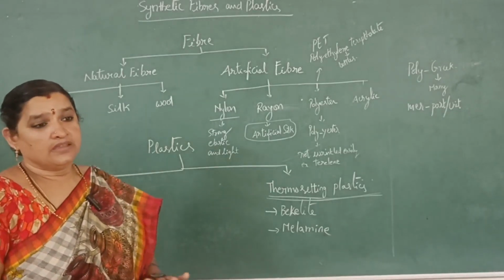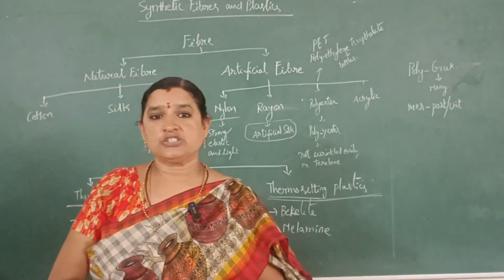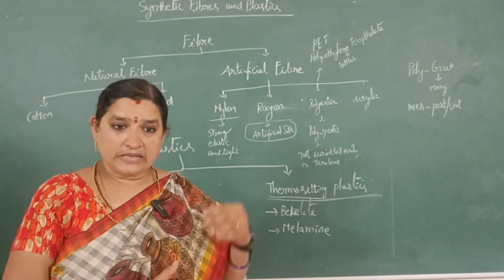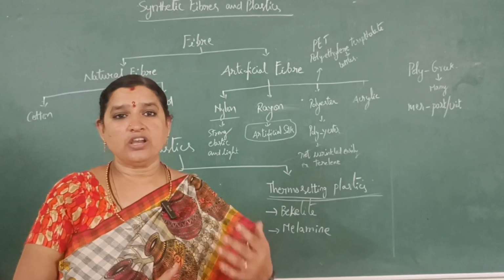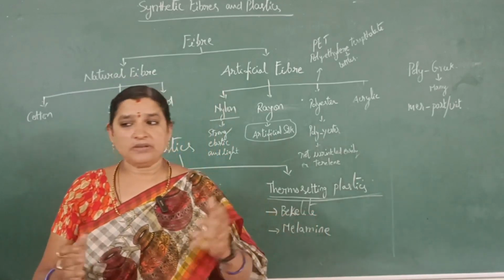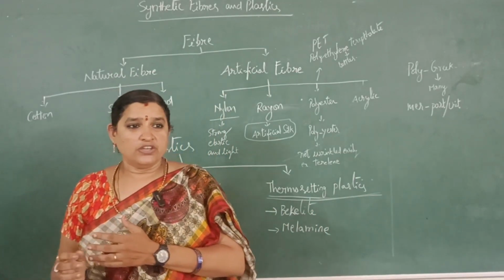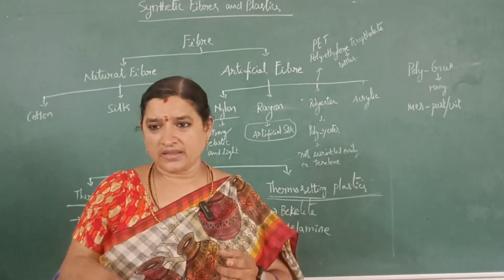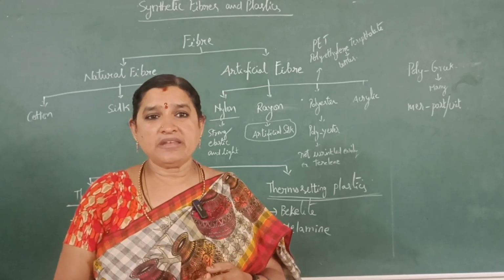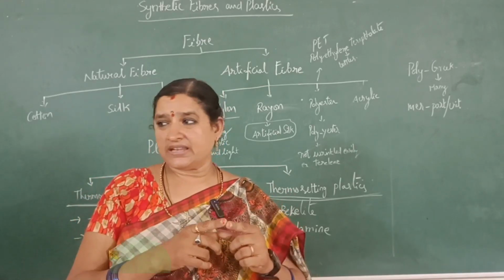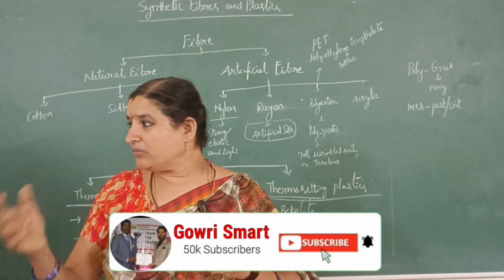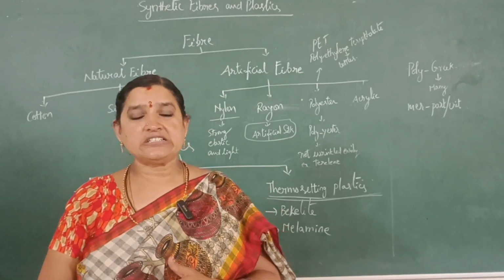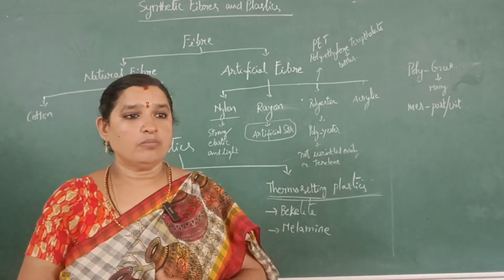Next, in our day-to-day life, we use plastics also. Plastic is also a polymer. We already know that a polymer is a combination of many monomers. Like preparing a chain bead by bead, in the same manner one monomer combines with another monomer, and continuously more monomers combine and form the polymer. Plastic is also one kind of polymer.